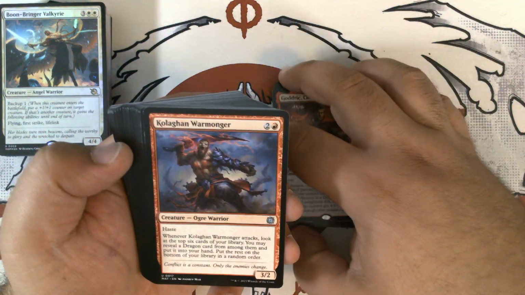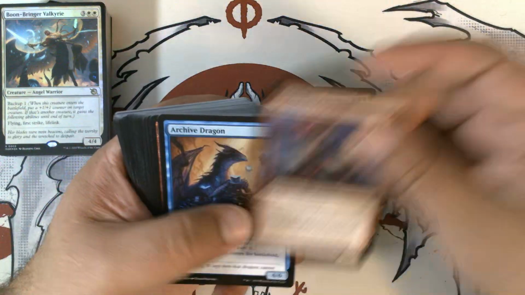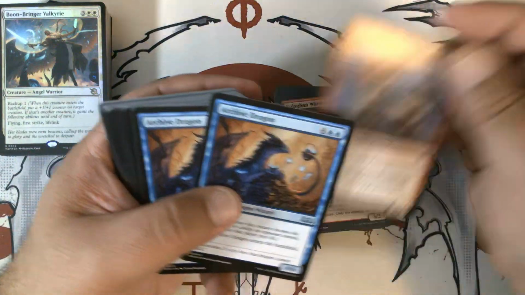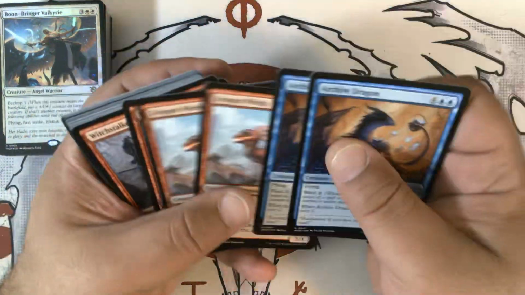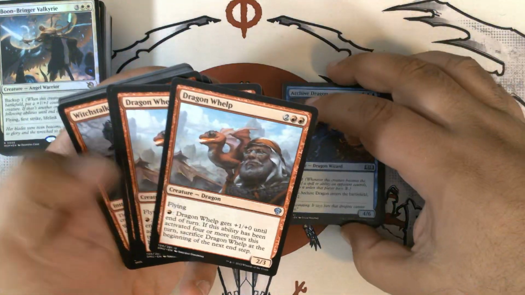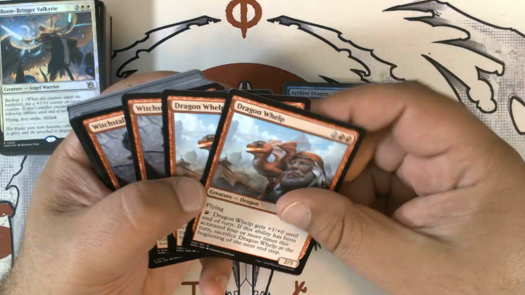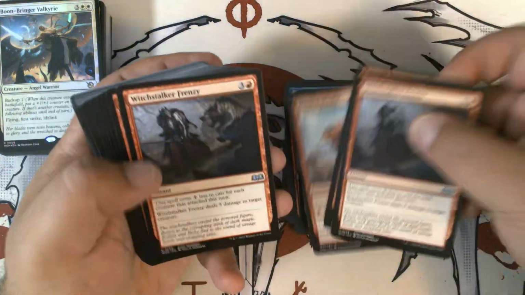We have Kolaghan Warmonger, which has really neat interaction with dragon stuff. Archive Dragon, another call. Why did they interleave these? 2 Warmongers, 3 Warmongers, and 2 Archive Dragons. Archive Dragon was absolutely fantastic in Sealed. I don't see it seeing any play in Standard, though. 2 Dragon Whelps, 3 Dragon Whelps,